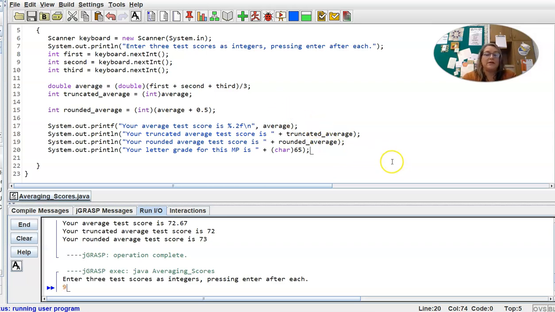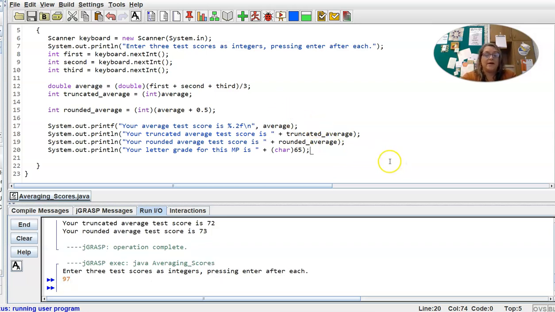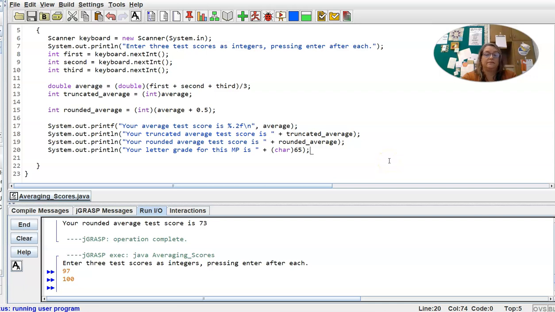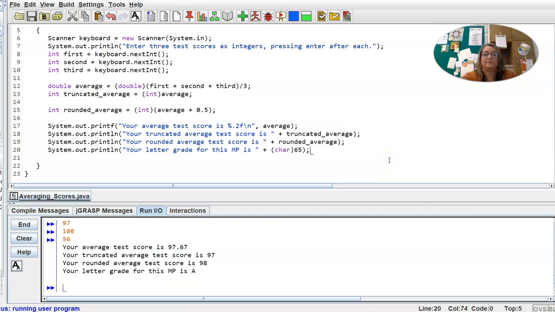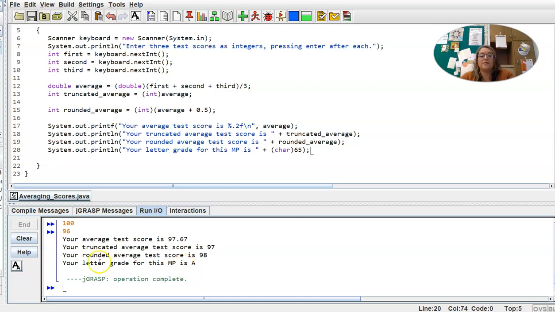Okay, so since they're going to get an A, let's give them some high test scores. So there's their letter grade for this marking period, and we took that number 65, the ASCII value for A, and we cast